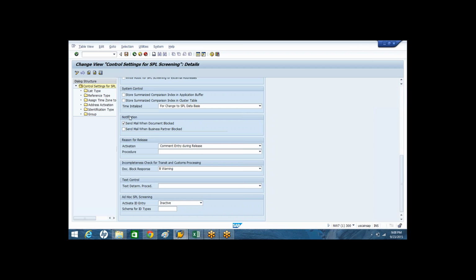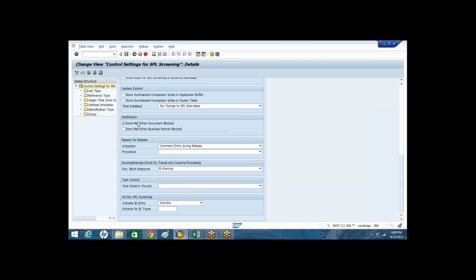so here, notification. Is everybody able to see notification? This is a configuration which is very important for every client. That is sending the email whenever a document is blocked, whenever a transaction is blocked, whenever a custom document is blocked, or sending the email whenever a business partner is blocked.